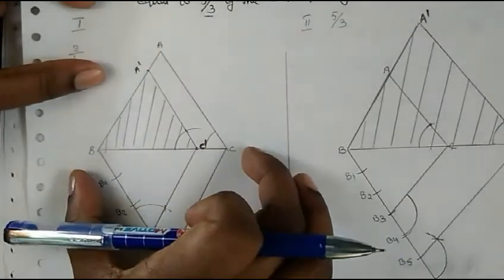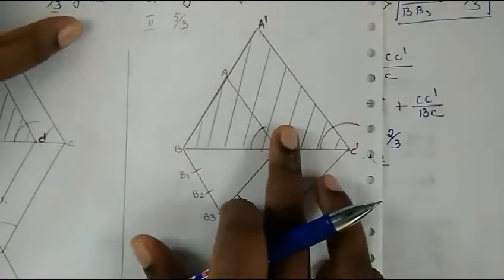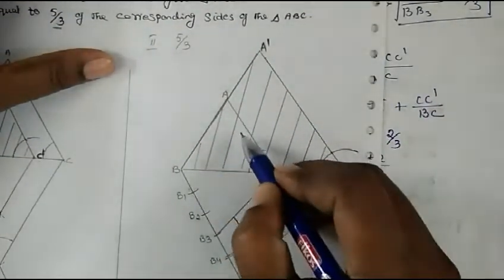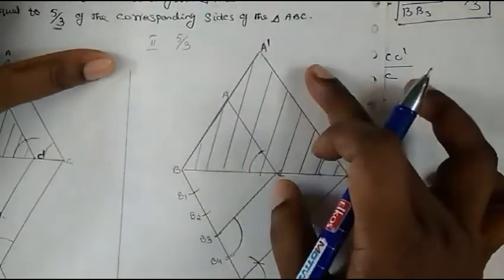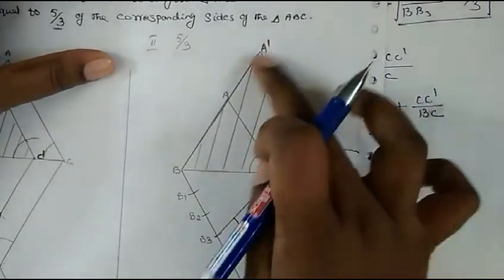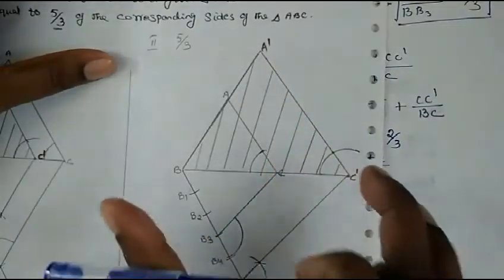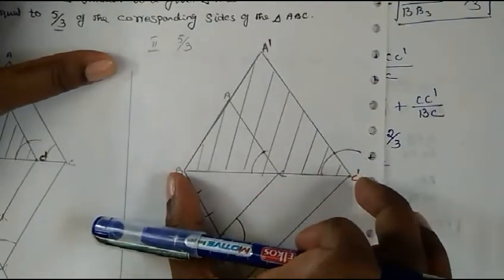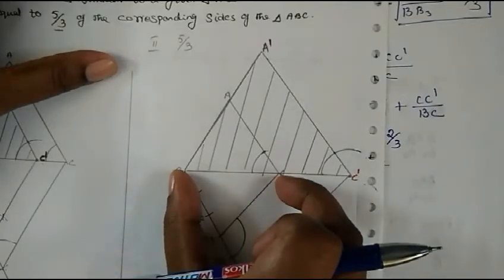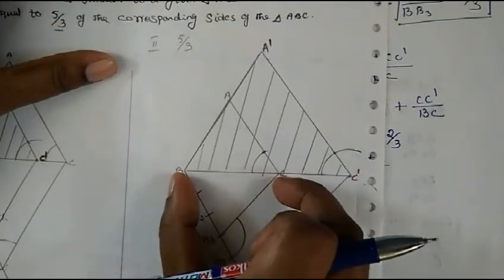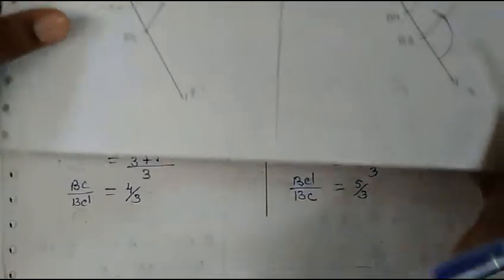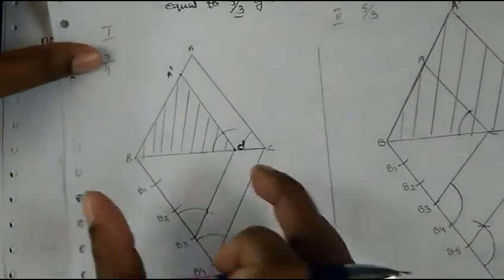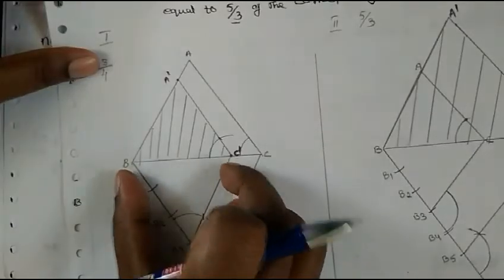When we come here, which one we have constructed here? Here the original one is small one. What we have constructed was bigger one. So what we will do first, we have to take the bigger side. Okay. So you have to write first when you are writing the ratio BC dash upon then you will take the original triangle side. Okay. I hope it is clear to you. So here you see BC upon BC dash.